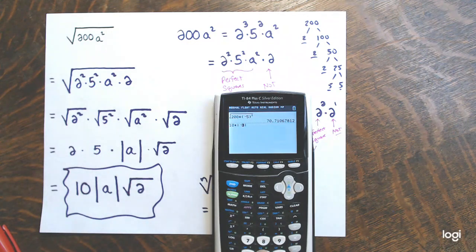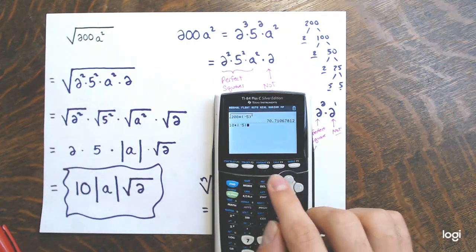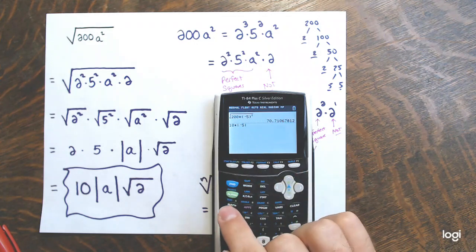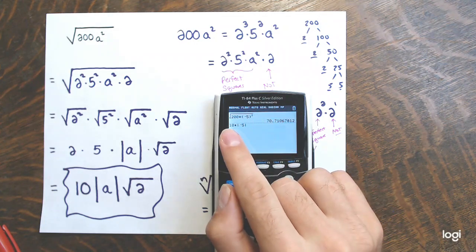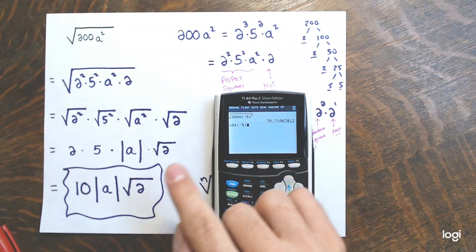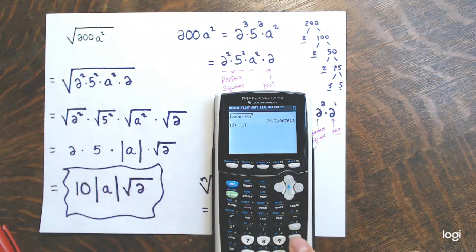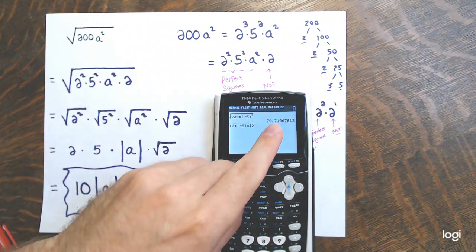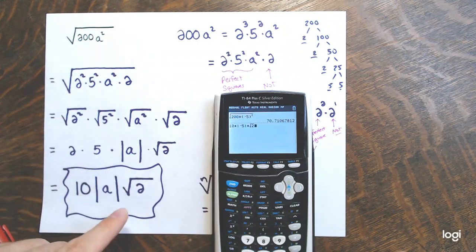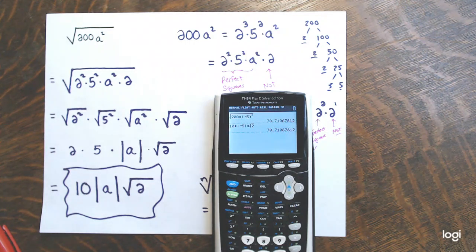But I'll put it in. There's the absolute value of -5 there. I just hit the math button, went over the number. This is a TI-84, right? So 10 times the absolute value of a, which again I'm replacing with -5, and then times the square root of 2, and hopefully I'm getting the same exact number as earlier, because these expressions should be equal no matter what a is. And look at that, it is